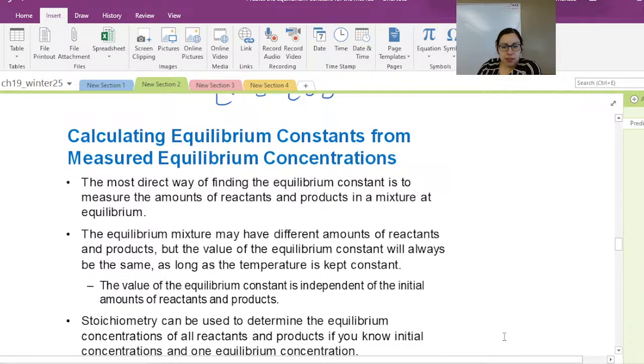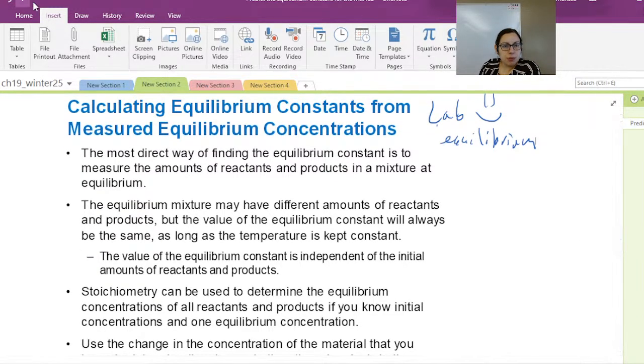All right, so now this starts to get into basically what we're going to be doing from now until whenever. And this is also our lab today, our equilibrium lab. So you'll essentially be doing this either Tuesday or Thursday. And so, of course,